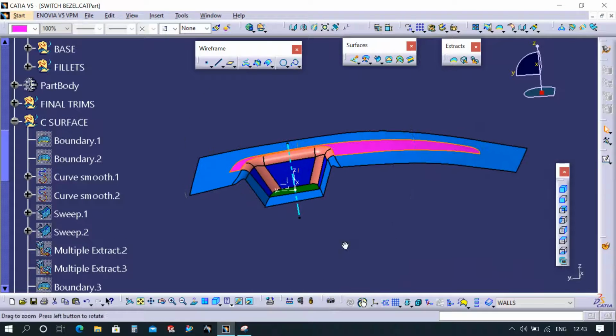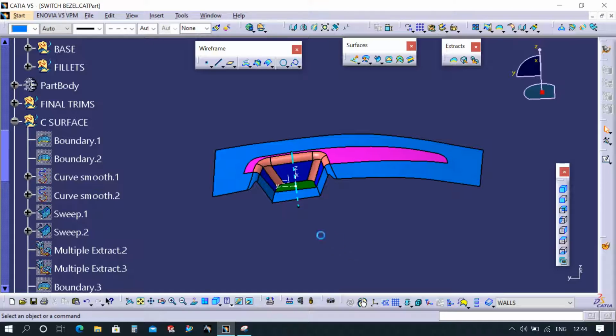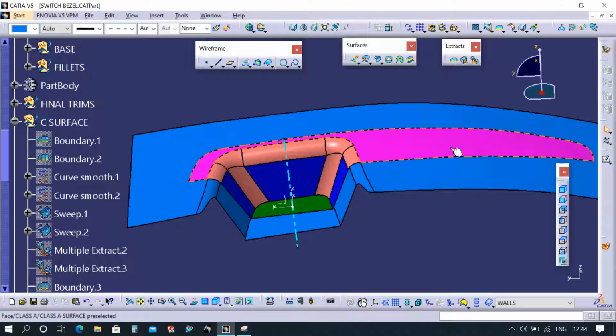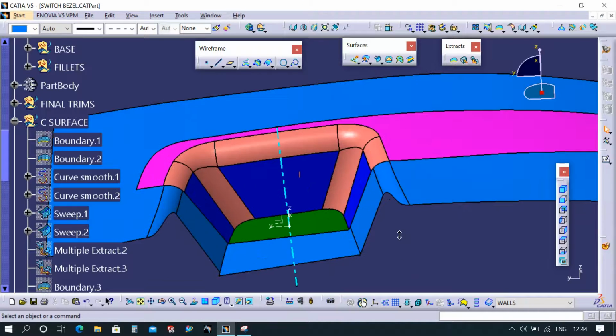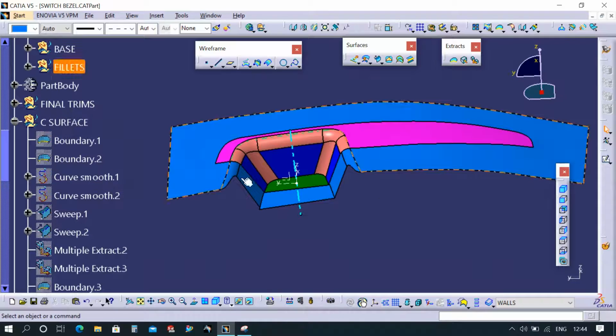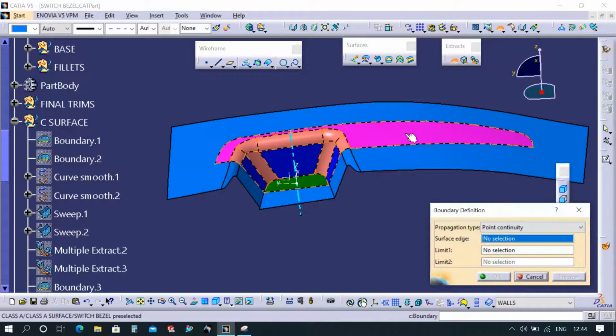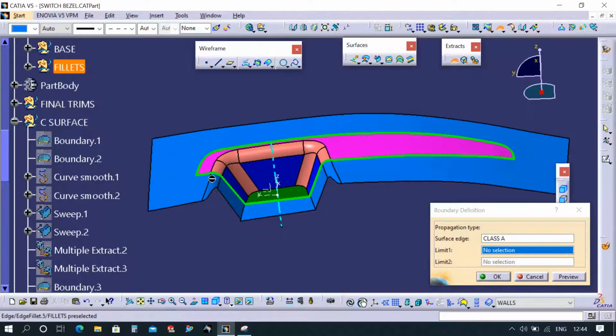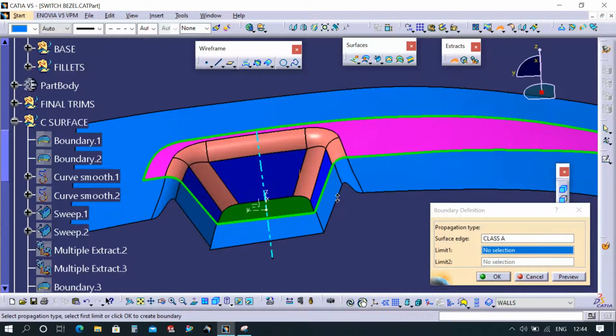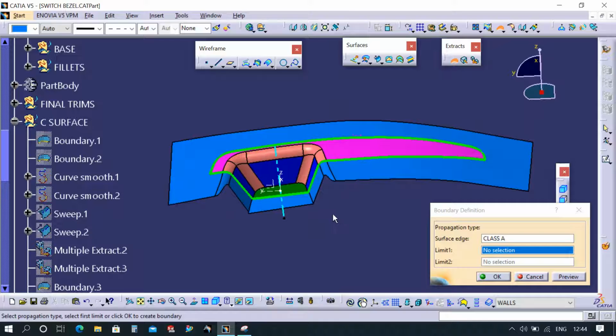For the C surface, get the boundary first of all. Go to the boundary option, click here, and you will get the full outer profile of the class A surface, right? You can see here the limit 1 and limit 2 in the boundary definition.